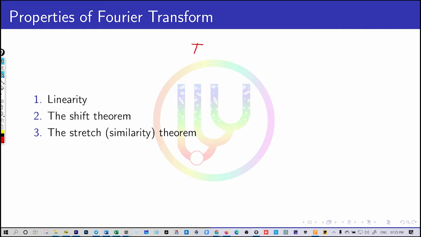A transformation T from one space to another space is linear if any two elements u and v in V, and alpha, beta belong to some constants or real numbers,